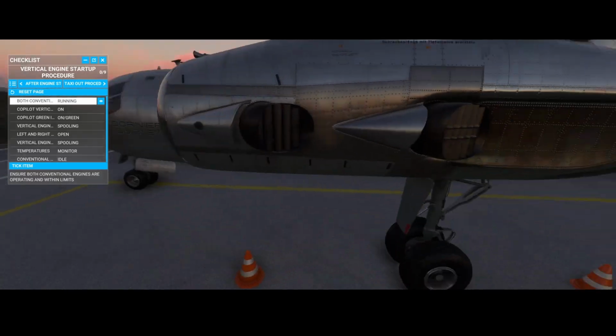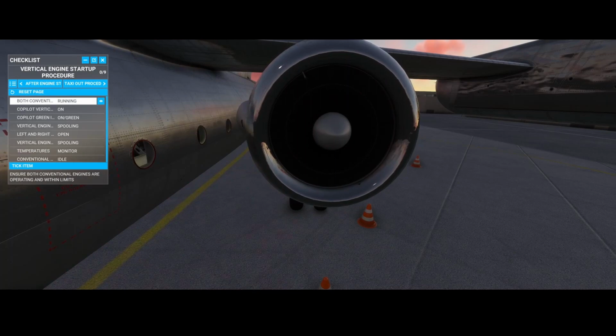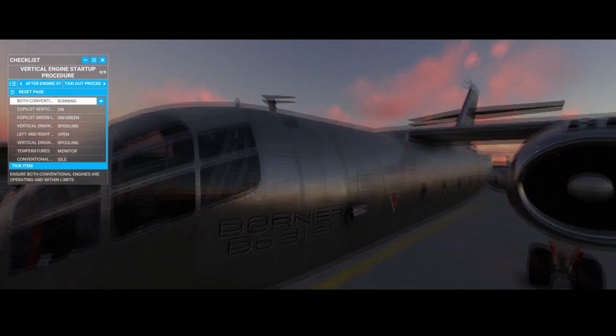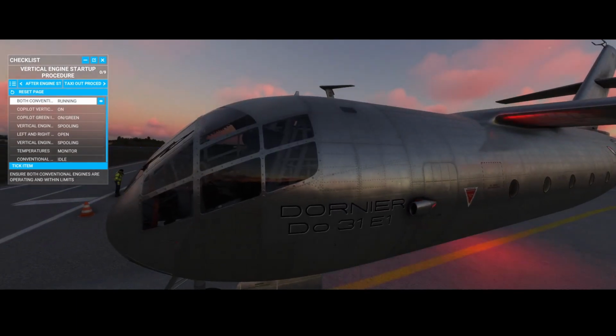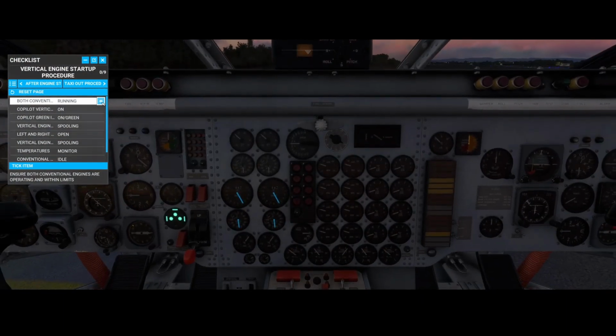But I'd say for now, we can see the engine also running. It goes so fast that we can't even see it, right? If we look at the front, we can see it. We can see the lights blinking, right? So everything works as expected, which is good. So let's go inside again and have a look at the vertical engine startup, because this is something you need to use